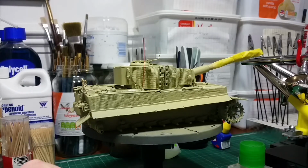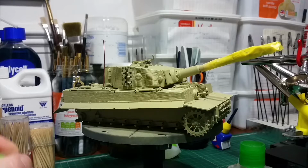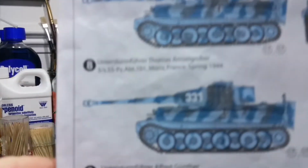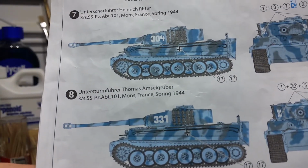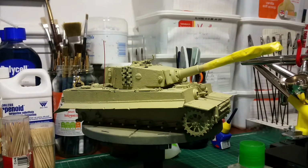But there's one more thing I'm going to point out and let you know about this build. I'm going to have to change the name of this build, unfortunately. Reason being is because, according to Dragon, the kit that's depicted, which I was going to build of this Tiger 331, which you see here, which supposedly is the one of Thomas Amselgruber, well, it turns out it actually isn't. It was actually driven by and commanded by another well-known tank ace during the Normandy campaign. And the reason I know this